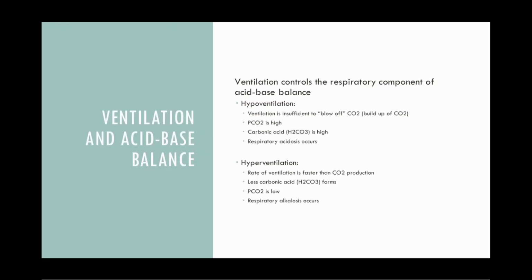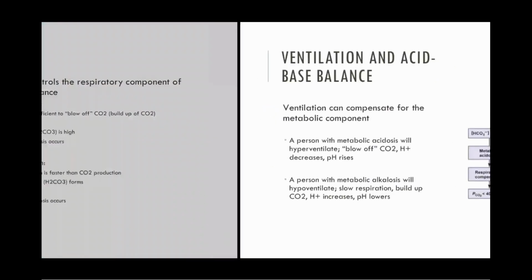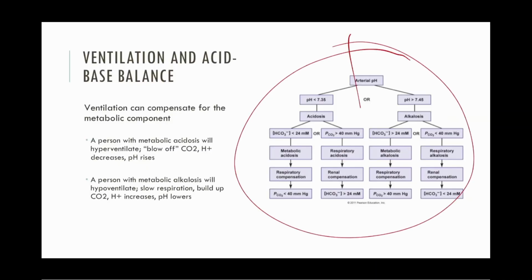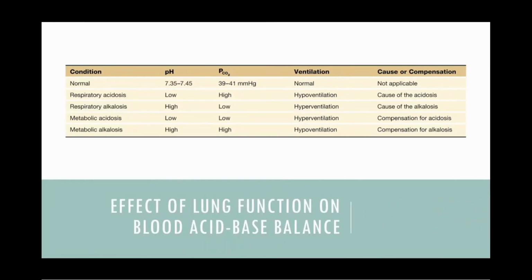Ventilation controls the respiratory component of acid base, so make sure you understand what happens if you hypoventilate versus what happens if you hyperventilate. What happens to CO2 with each? That'll tell you, are you going to be acidotic or alkalotic from there? And this puts the whole thing together. I just cut it in half and did each side separately, if it was acidotic or alkalotic, but this is the whole picture put together. And here's some more things as far as how the lungs are going to respond to the effects of